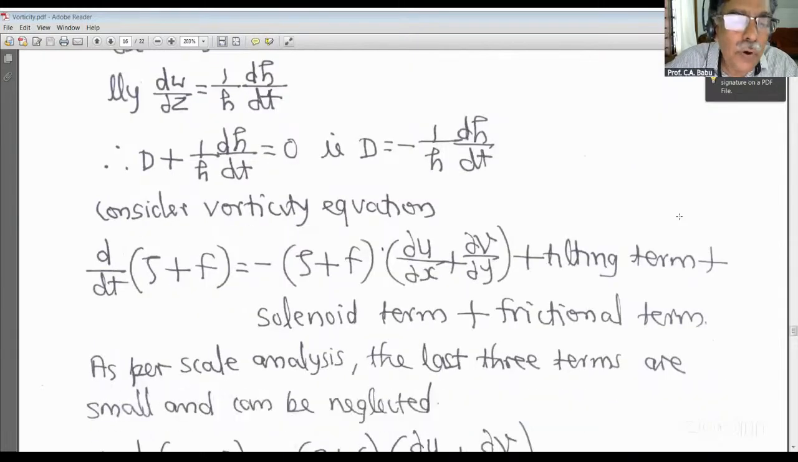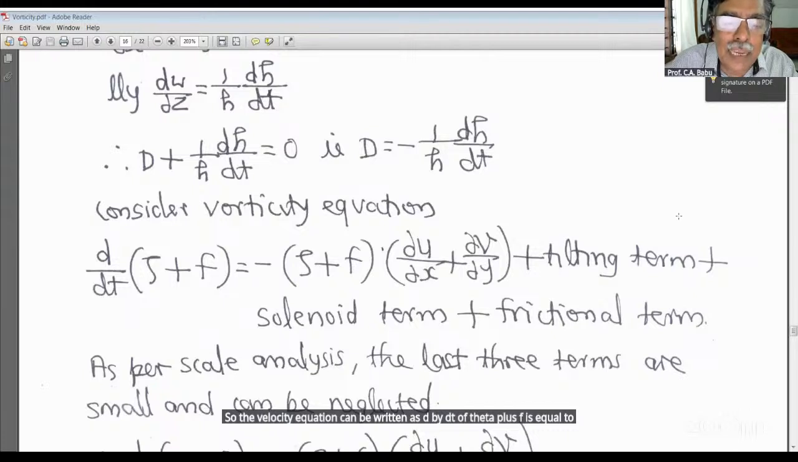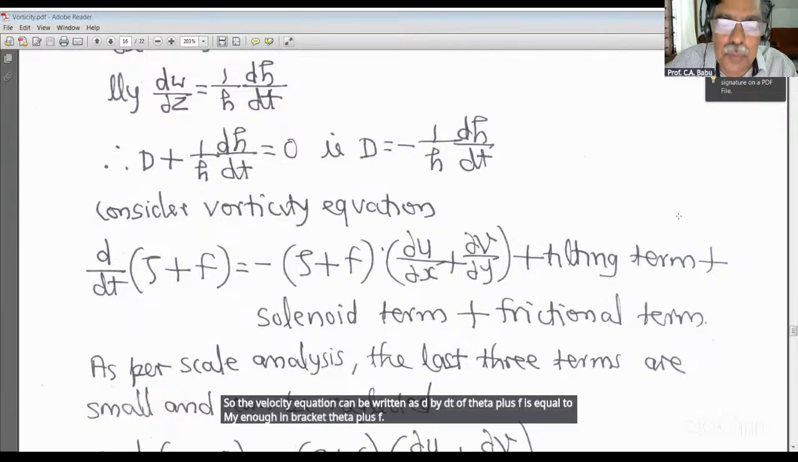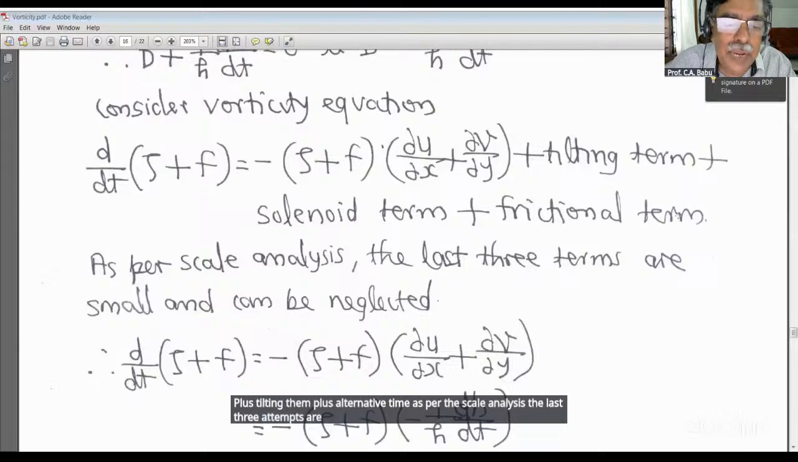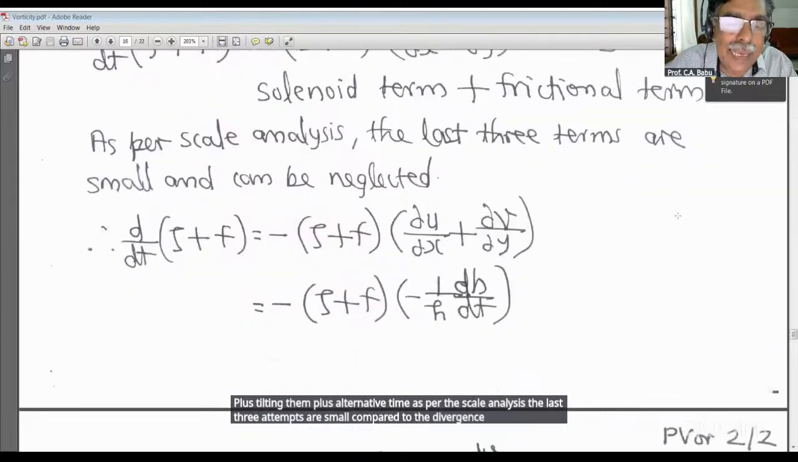So the vorticity equation can be written as d by dt of (theta plus f) is equal to minus (theta plus f) multiplied by (dou u by dou x plus dou v by dou y) plus tilting term plus solenoid term plus frictional term. As per the scale analysis, the last three terms are small compared to the divergence term. Accordingly, we can